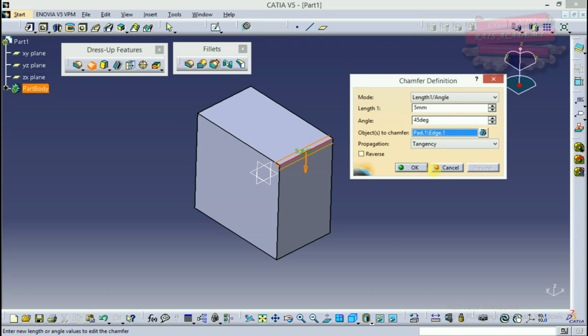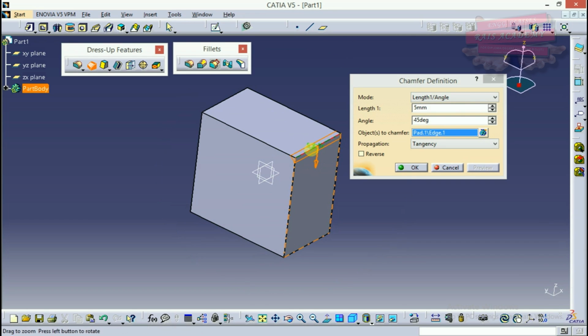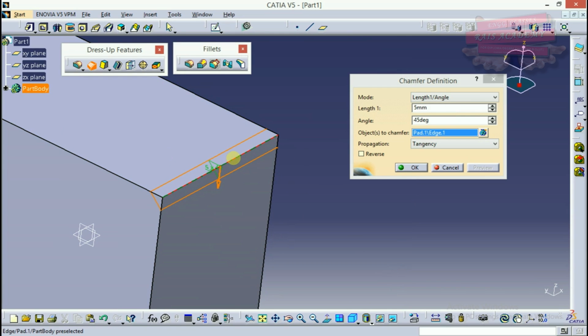As you can see, the length is nothing but the distance from the edge which we have selected to the face. So from the face we want 5 up to here. From here the chamfer should start, and up to here the chamfer should end. This inclination is calculated by this angle. Suppose instead of 45, I give the inclination to be 20.